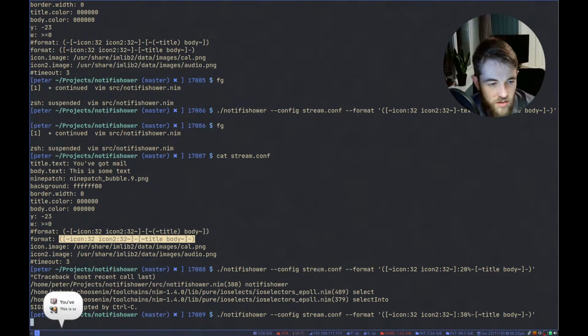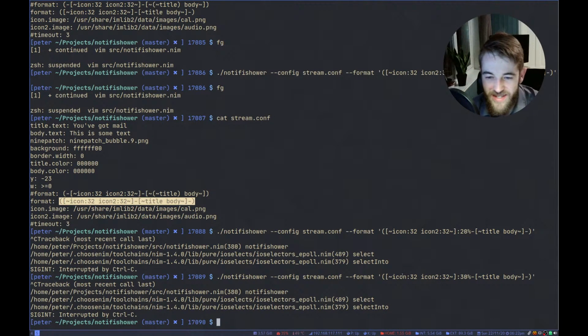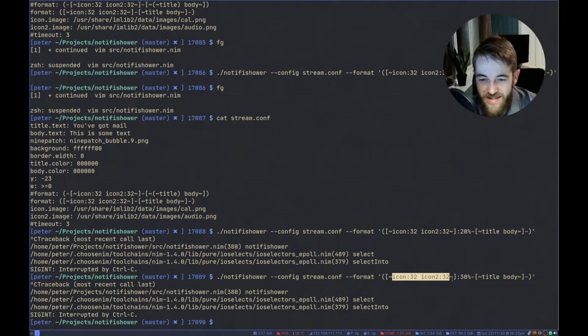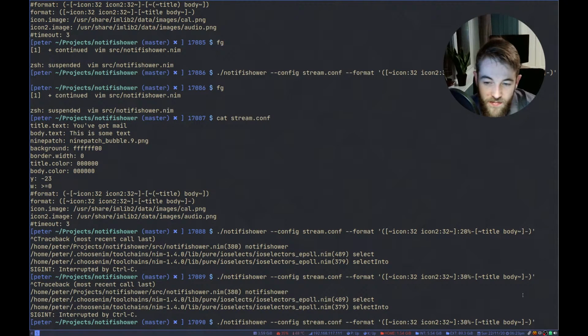Not quite sure. Oh, right, because it has a set width. The width of this is set. It's defined, like it can't change. So when I say that it's supposed to be 30% of the whole of the body of the whole notification, then well, this is the only thing that can shrink. That's a bit weird, but sure.